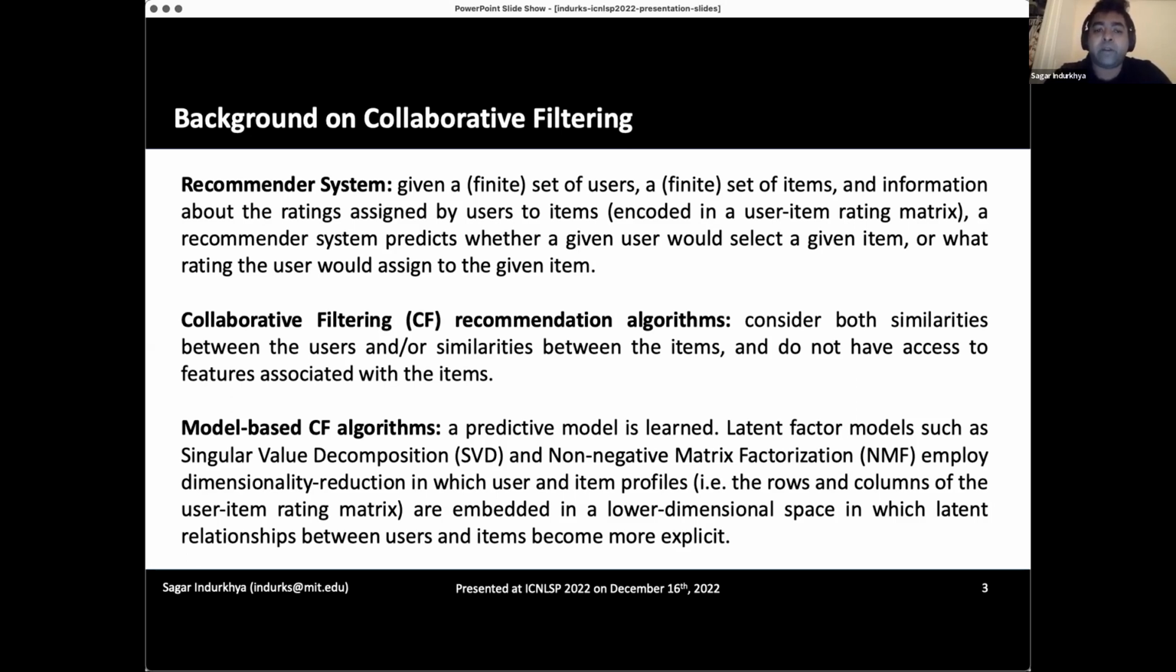And so there are various different types of collaborative filtering algorithms, right? That's just a broad overview of the class of those algorithms. And in this study, I used two particular model-based collaborative filtering algorithms. One is a predictive model that's learned. And in particular, it's a latent factor model, such as singular value decomposition or non-negative matrix factorization, that employs dimensionality